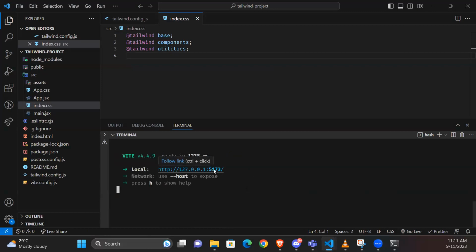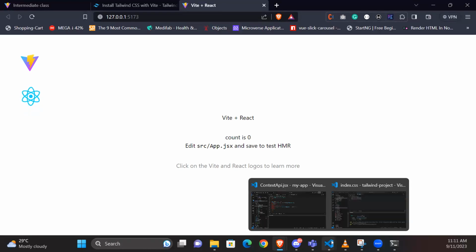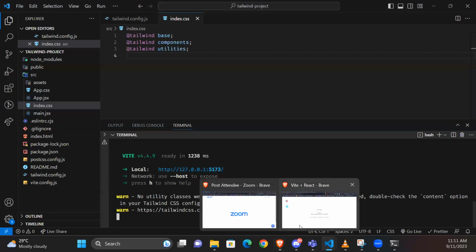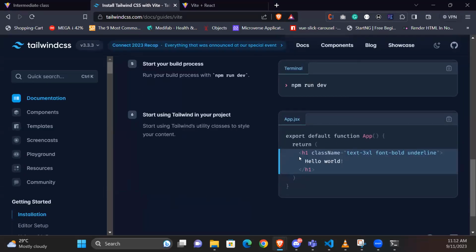Okay, so let me open this up. All right, this is what I have. So what's the last thing that we need to do? It's now for us to test how we can use this. So I'm just going to copy this